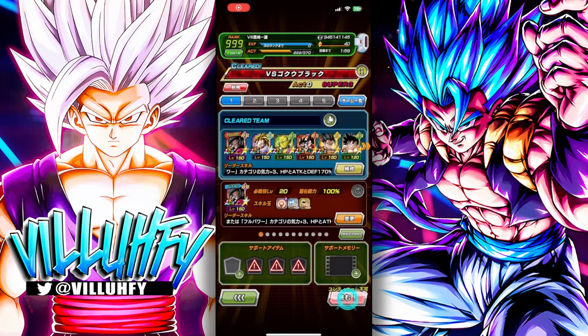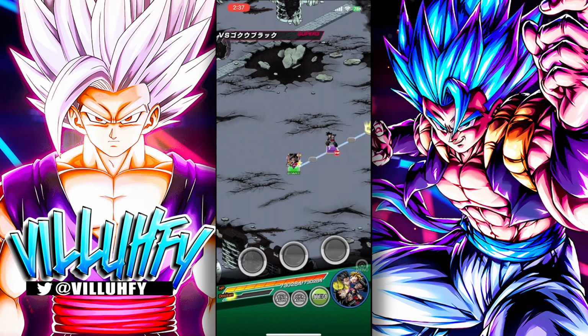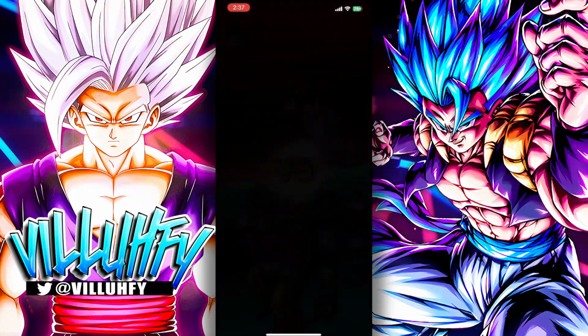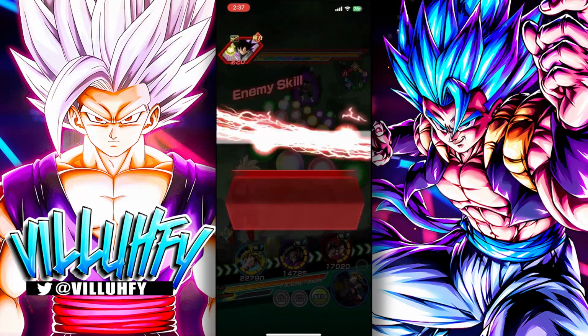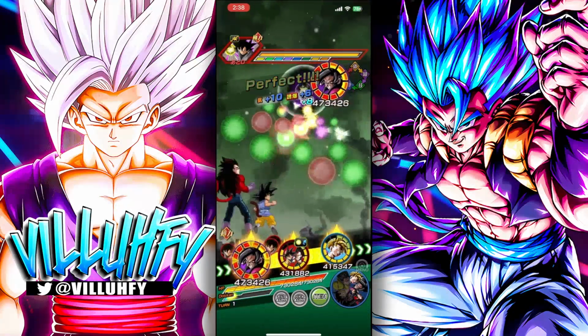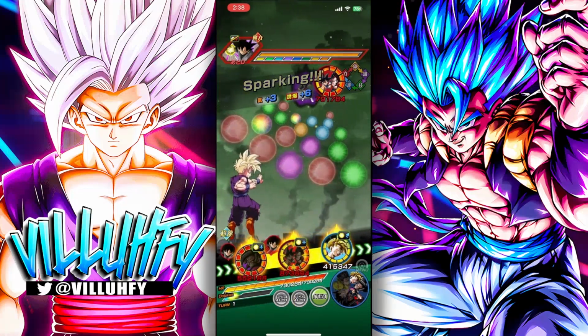Hey guys, so we have the no item run for the Goku Black Red Zone stage. Now, this stage is definitely tricky and takes a little bit of luck to pan out the no item run, right? So the idea that I had was, instead of bringing Golden Frieza, which I was trying on the stream, and it wasn't really his fault we were losing, we were just getting really unlucky with the slot 1 attacks, but